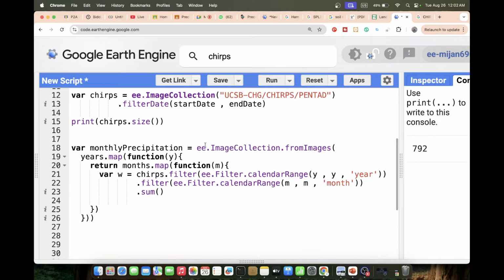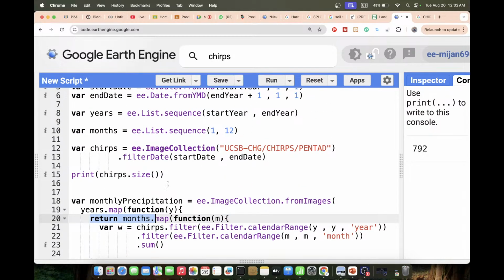For that I create this function ee.ImageCollection.fromImages, and first I connect with years. This is my function for years, and from these years, for each year I return 12 months. So this is my argument. For that I simply return months, which includes a total of 12 months, 1 to 12, and I want